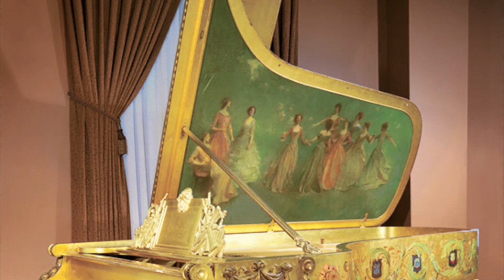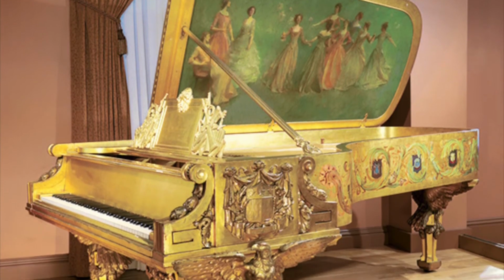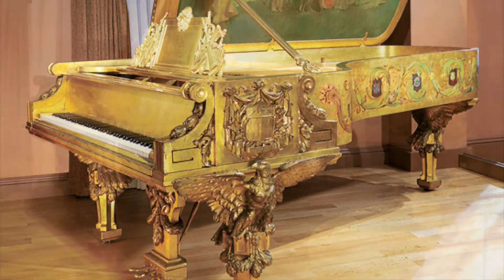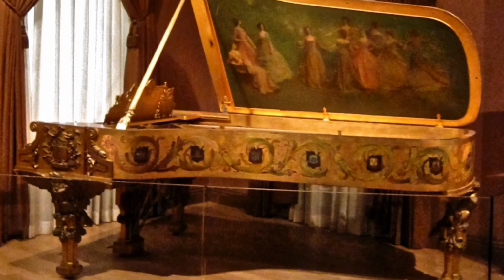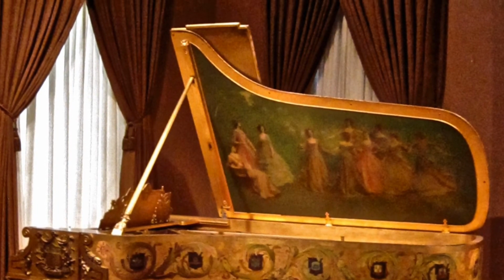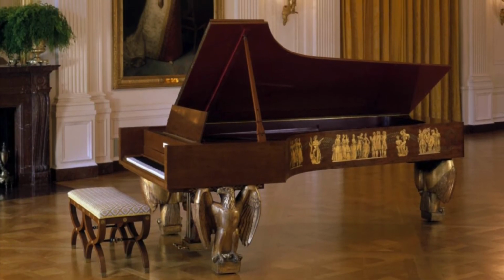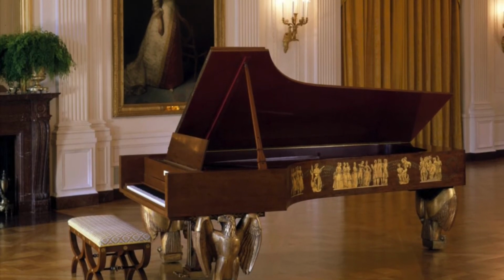The 100,000th Steinway piano was built for President Theodore Roosevelt to go in the East Room in the White House. It was gilded in gold leaf, with American eagles carved onto the legs. The Franklin Roosevelt administration donated the piano to the Smithsonian and received a new Steinway piano in its place in 1938. President Roosevelt accepted the instrument, dedicating it to advancement of music in every city, town, and hamlet in the